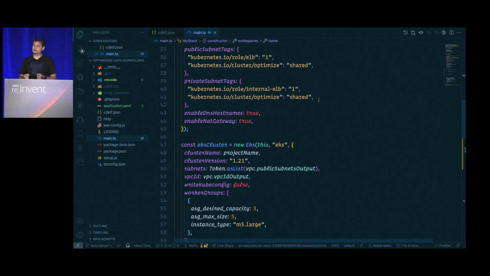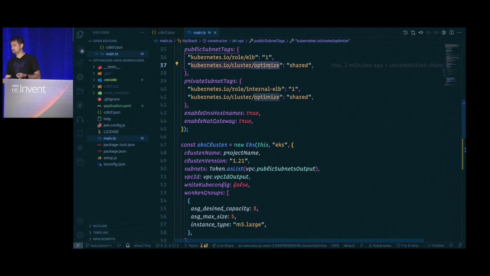It knows how to do a lot of things, but one of those is not interpreting, is this a private network space or a public network space? All it cares about is that bits are flowing, right? Kind of like UDP, it doesn't matter if you get it or not. So we tag these with ELB and internal ELB so that the subnets and Kubernetes know where to route and how to place things. We also want to put the cluster name in as well, so it can actually associate that to the right EKS cluster.